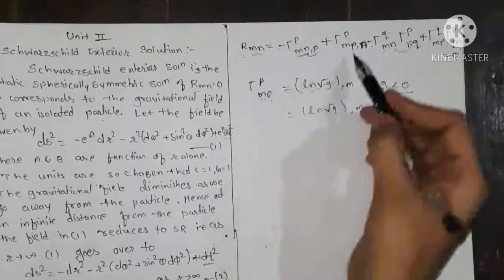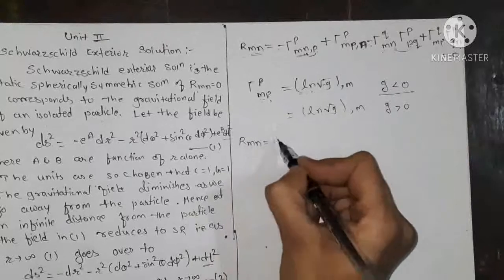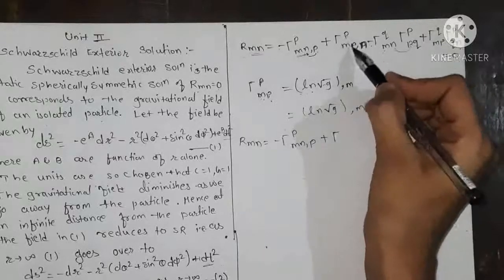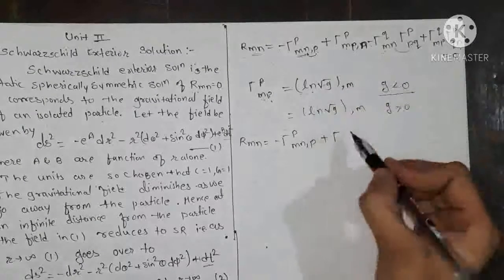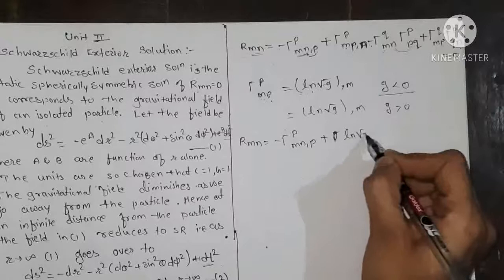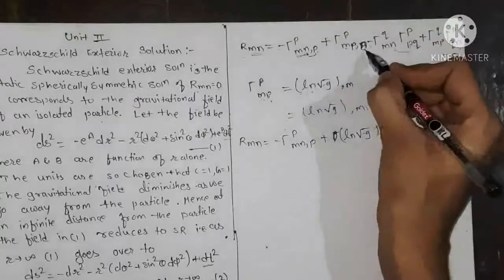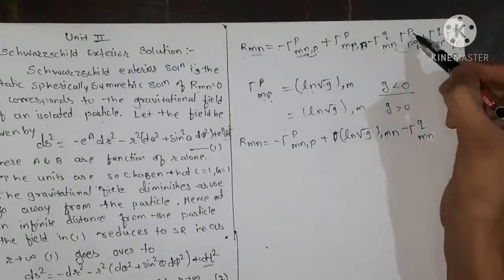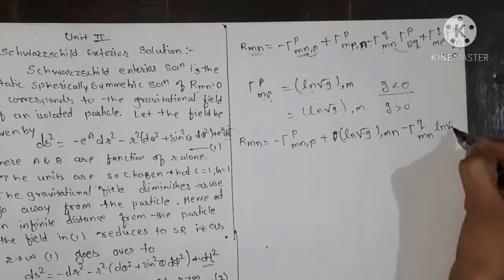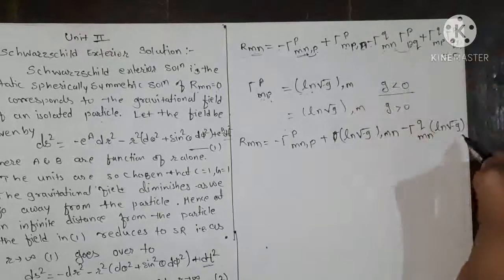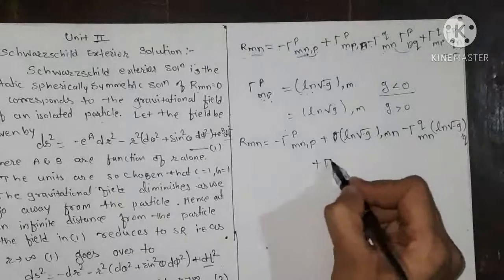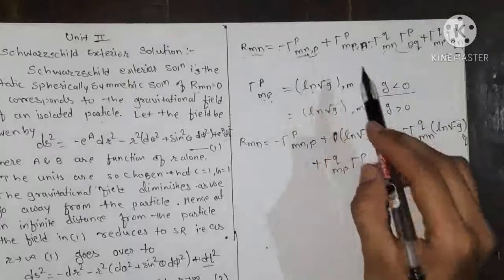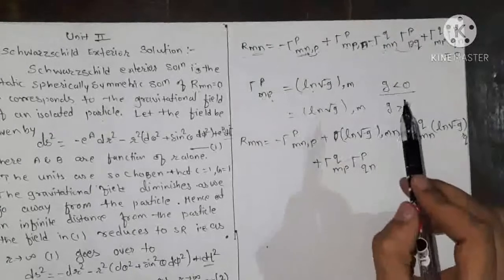After substituting this value here, we get R_mn equals minus Γ^p_mn,p plus, here p is a dummy suffix and m is not, so this equals the derivative of log of root of minus g comma m, and already comma n is here, so we write comma mn, minus Γ^q_mn, and here again p is a dummy suffix, so we write log of root of minus g, and the non-dummy suffix is q, so we write comma q, plus Γ^q_mp into Γ^p_qn. Here all indices vary from 1 to 4.